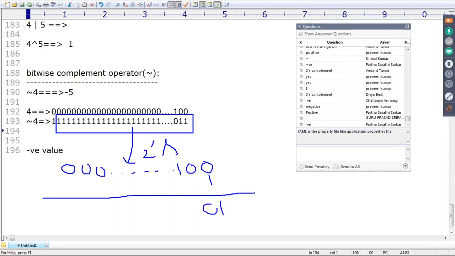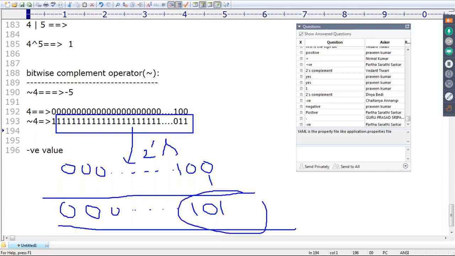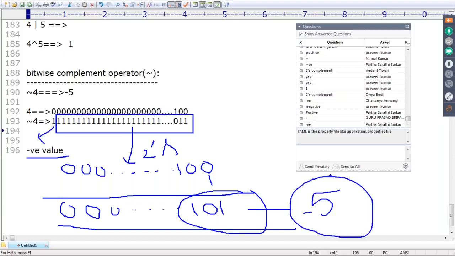Next 0, next 1, and all the remaining bits are 0 only. So we have 1, 0, 1. What is its value? 1, 0, 1 means 5. It is already negative because of the most significant bit, so minus 5. Minus 5 is the answer.